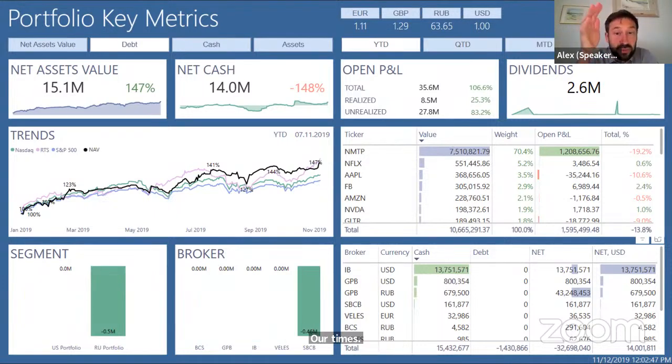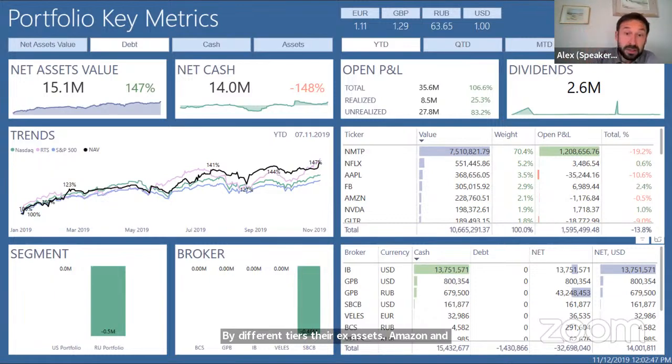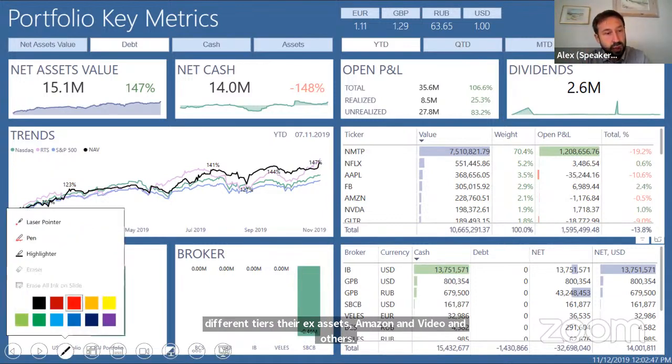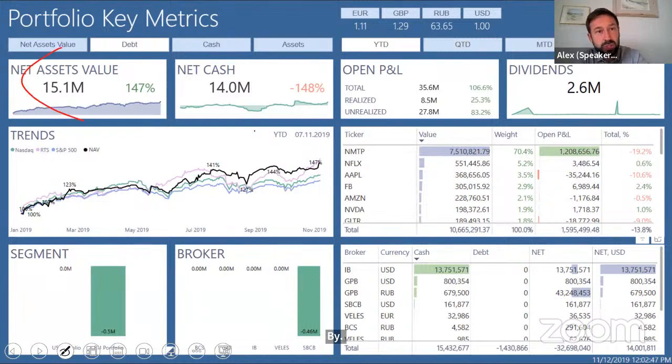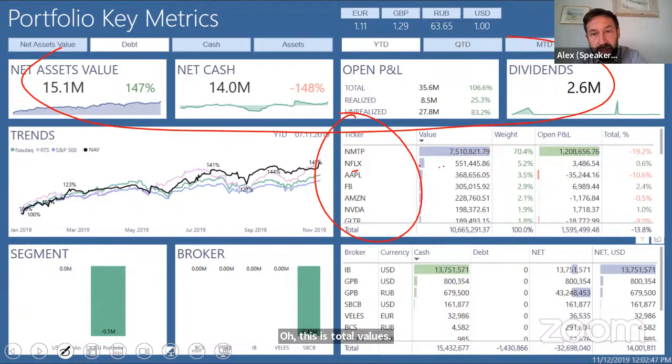So what we have, we can see our total assets, our cash, dividends by different tickers, their assets, Netflix, Amazon, Nvidia, and others by, let me show this. So this is total values, tickers, Amazon, Netflix, and others by broker.